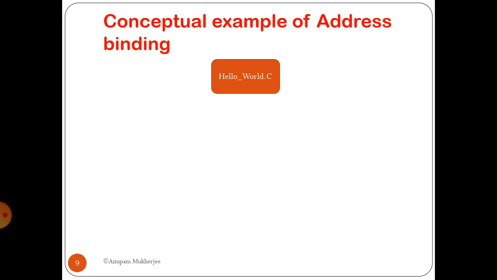This is the source program. The source program is represented through symbolic addresses. And when the compiler compiles this source program, hello_world.c will be converted to what? A .obj or object file,